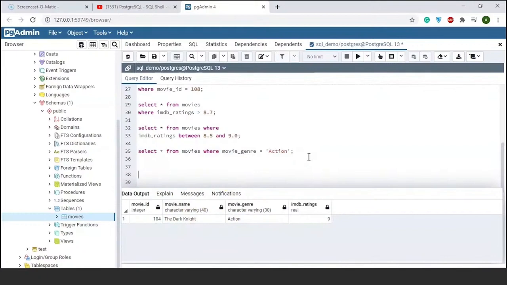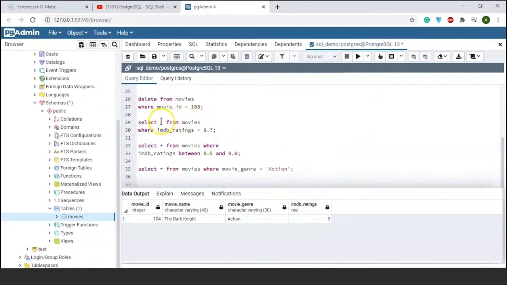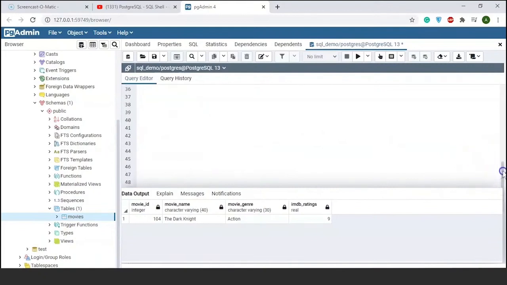Now you can also select particular columns from the table by specifying the column names. In all the examples that we saw just now, we are using star. Star represents all the columns in the table. If you want to select specific columns in the table, you can specify the column names in the select statement. Let me show you. Let's say you want to display the movie name and the movie genre from the table. So you can write select